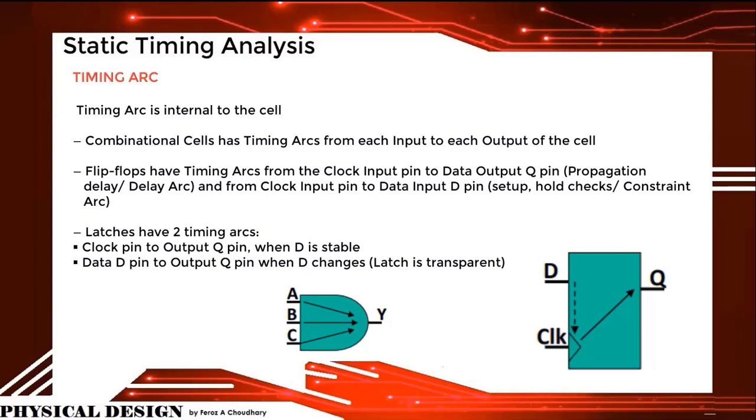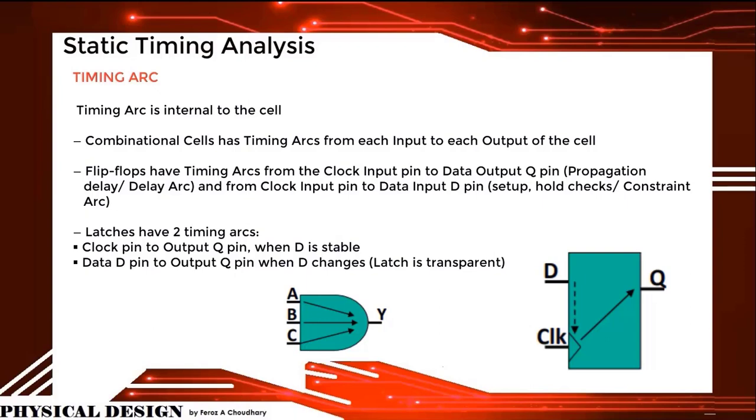Every cell has multiple timing arcs. For example, a combinational logic cell such as AND, NAND, NOR, adder cells has timing arcs from each input to each output of the cell. Sequential cells such as flip-flops have timing arcs from clock to the output and timing constraints from data pin with respect to the clock. Each timing arc has a timing sense, that is how the output changes for different types of transitions on input.